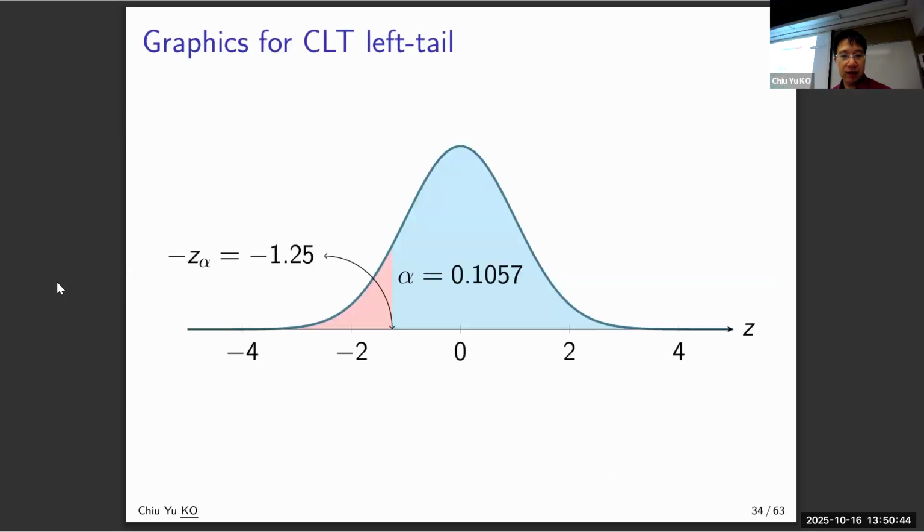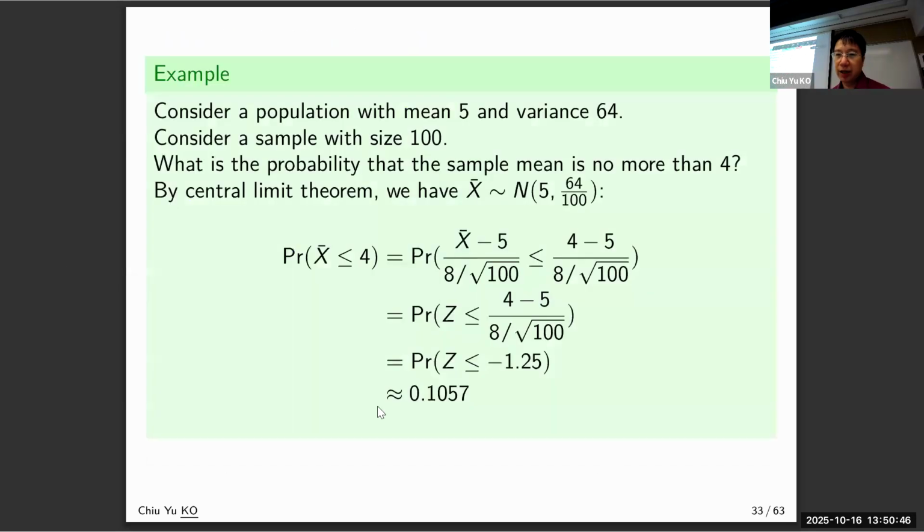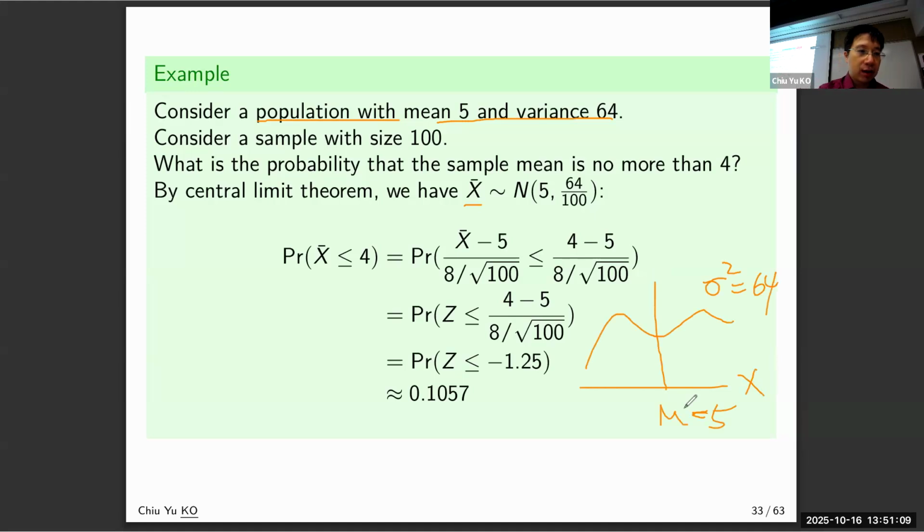Last time, part of that was this example: the sample mean, where the population mean is 5 and the variance is 64. We don't have anything to say about the shape of this original distribution. Mu is 5 here and the variance is 64, so it doesn't say anything about a bell curve. But what we said is, if the sample mean